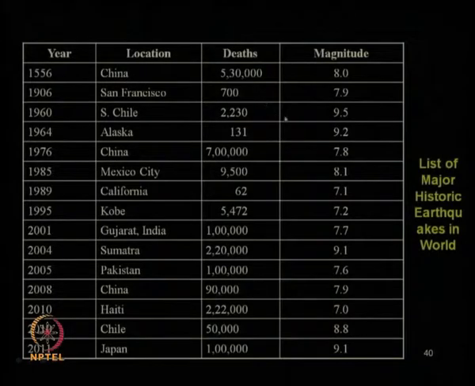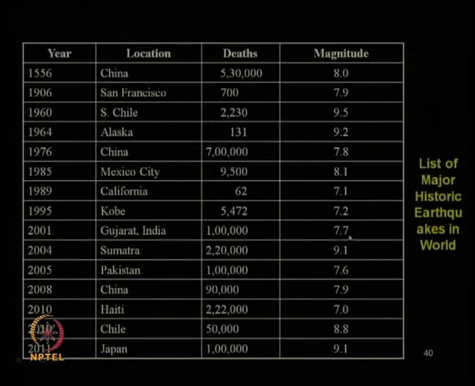The number of deaths and the magnitude are listed here. Then the 1906 San Francisco earthquake, the South Chile earthquake of 1960 of magnitude 9.5, the 1964 Alaska earthquake of magnitude 9.2, the 1976 China earthquake of magnitude 7.8, the 1985 Mexico City earthquake, the 1989 Loma Prieta earthquake in California, USA, the 1995 Kobe earthquake in Japan, then the 2001 Bhuj earthquake